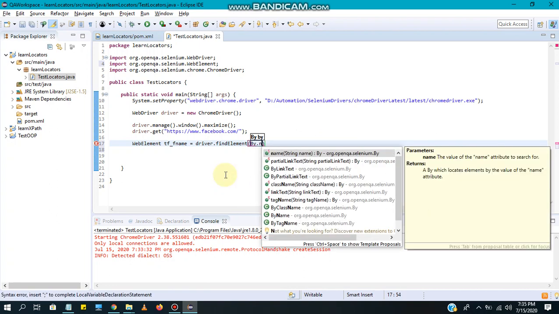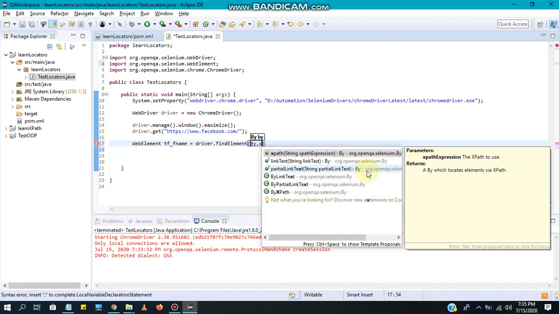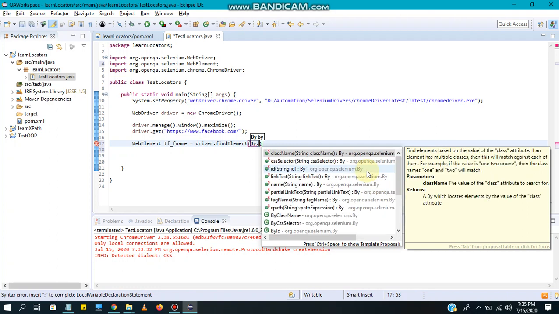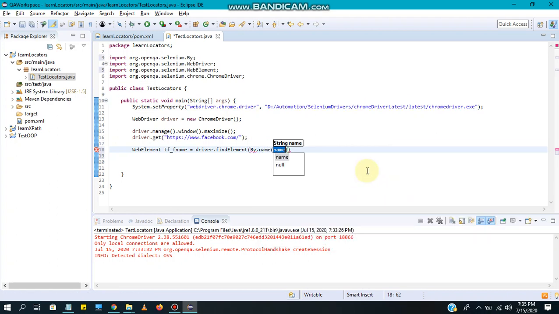Here you can see these are the different locators provided by Selenium: name, partial link text, XPath, CSS selector. Those are the locators. Now here I'm going to use name as the locator.